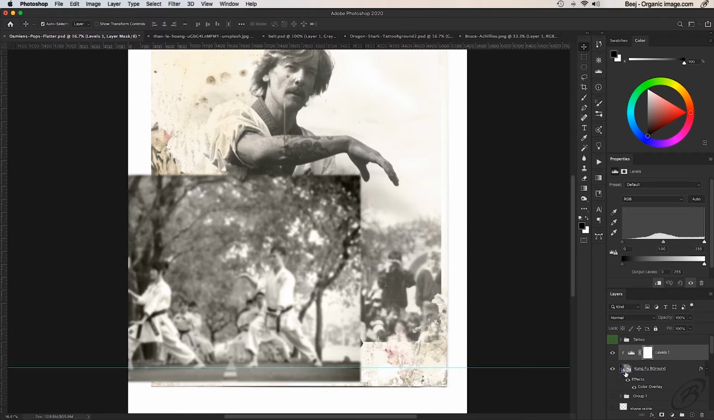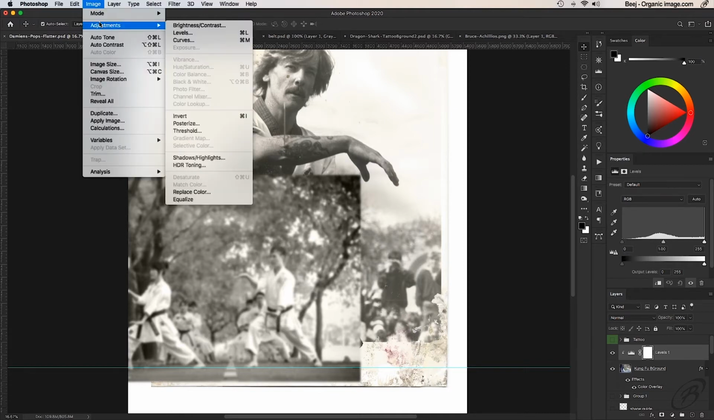Now it's got a little arrow pointing down to the layer below it, in this case Kung Fu background, and that means that these adjustment levels and any adjustments that we make will only affect our Kung Fu background, which is our Kung Fu picture, which is exactly what we want, okay? So this area here is exactly the same as what is up here under adjustments, which would be adjustment and